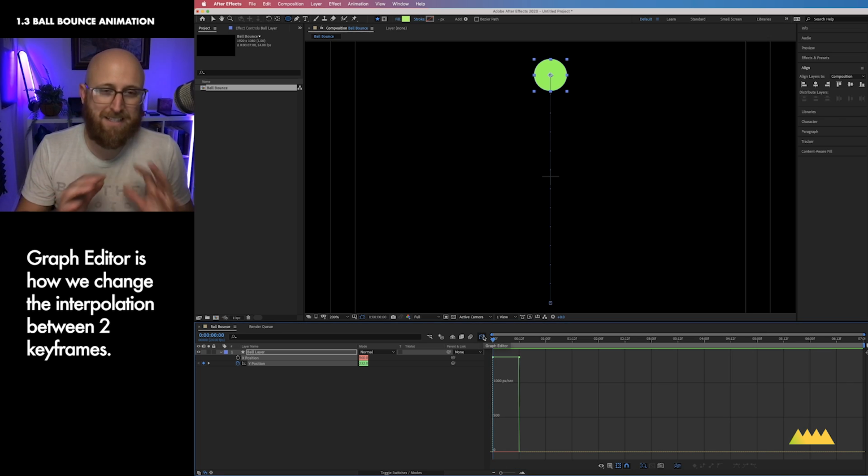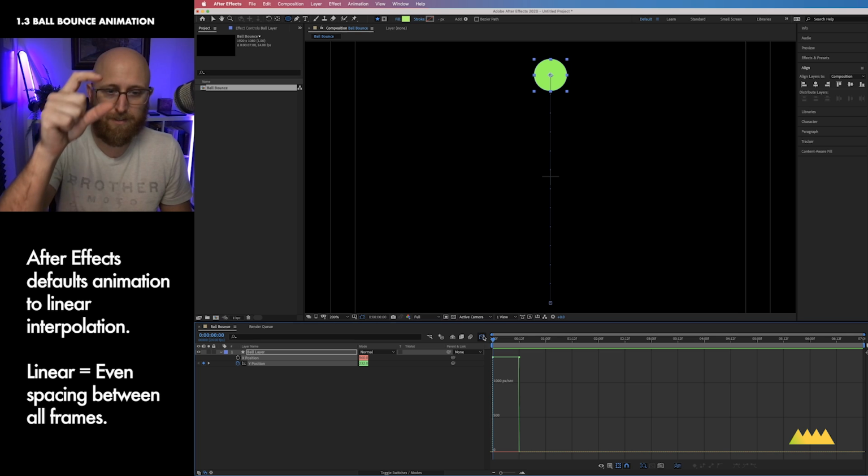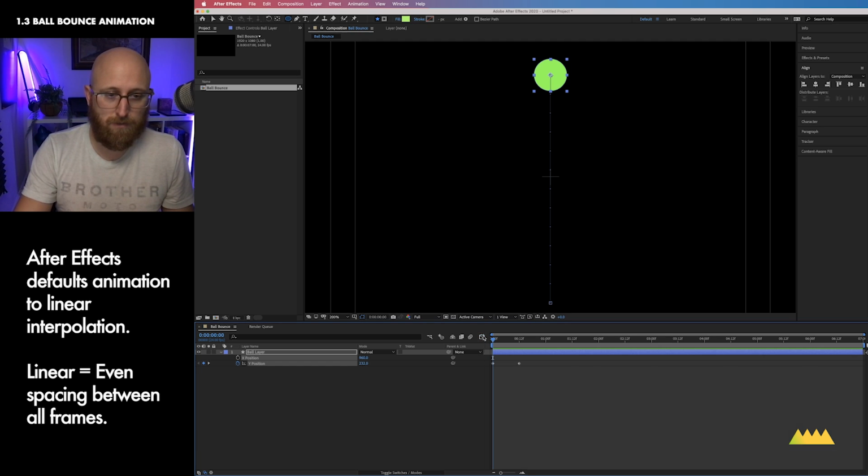And by default in After Effects, all keyframes come in as linear, which means the spacing is even. So here in this example, we can see it's taking every single in-between frame and just perfectly spacing it out in a totally consistent fashion. And what we want to do is be able to change that, and After Effects gives us some assistance here